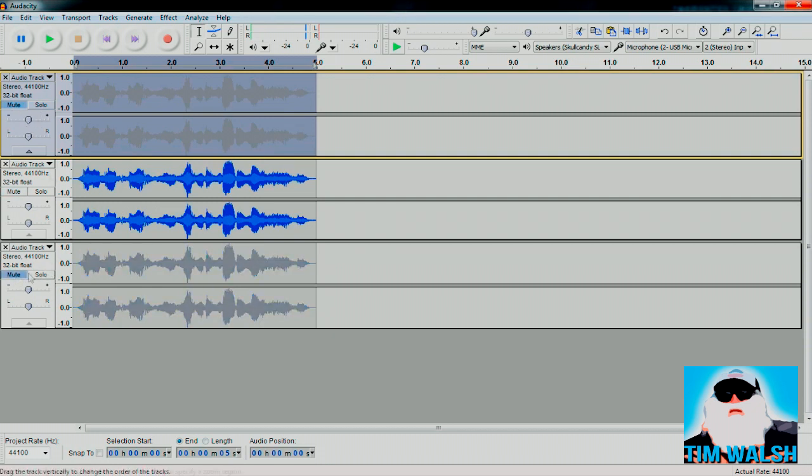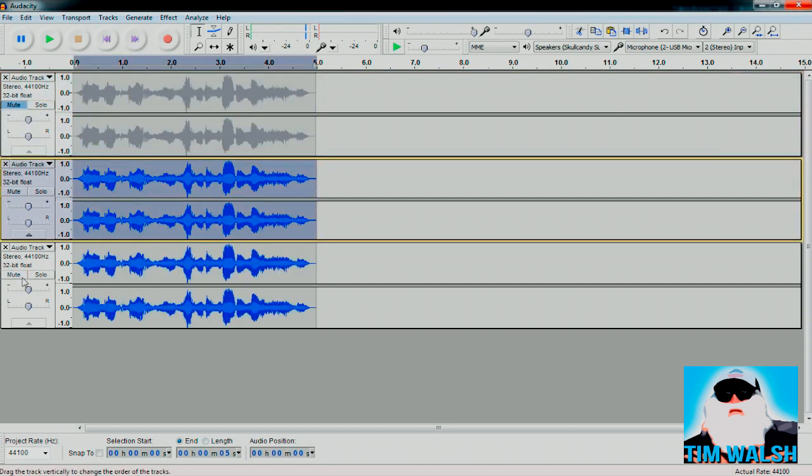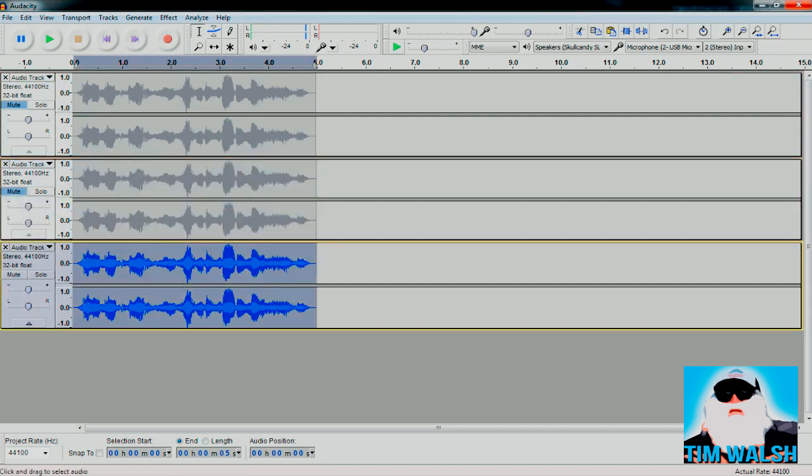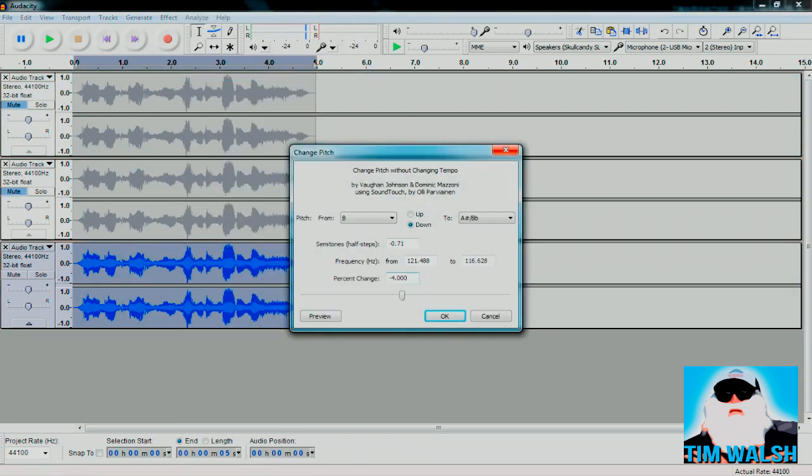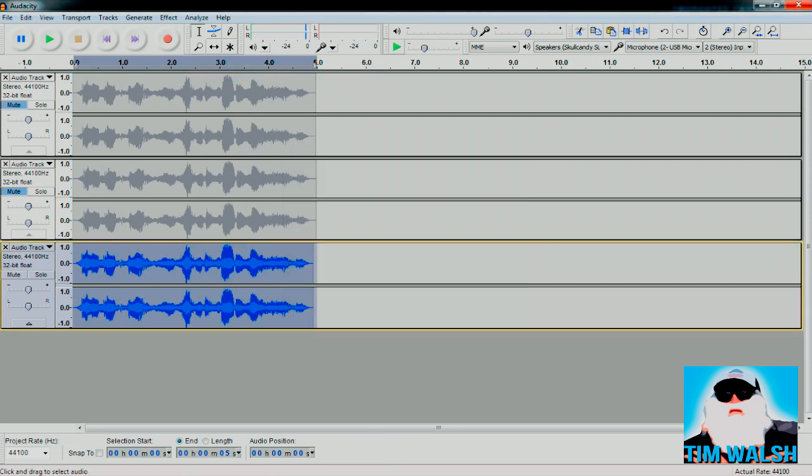For the second one, actually we'll do the third one first. The second one's a fun one, so for the third, it doesn't really matter. You can do whichever order. For this one, we're going to change the pitch and make it a lot higher. So we're going to do +8. So it's going to sound like a little girl now. Billy Bob Thornton is the hottest man alive. So it sounds a bit more deep.